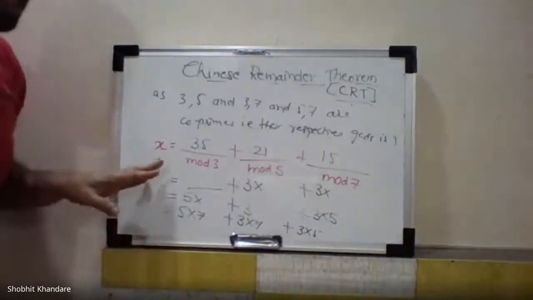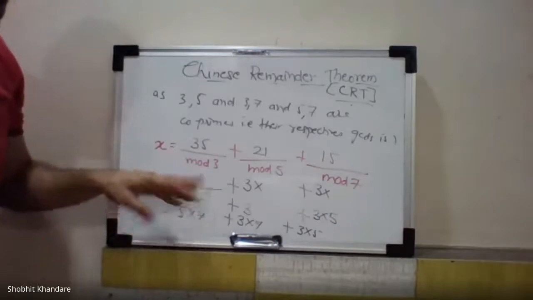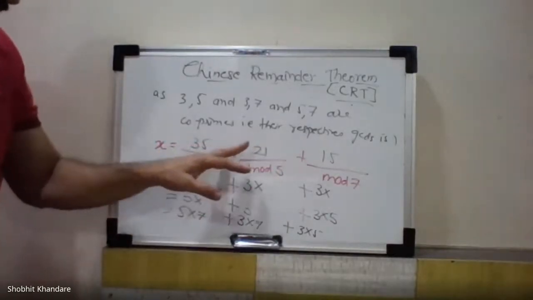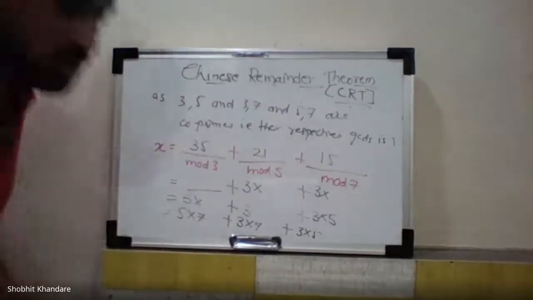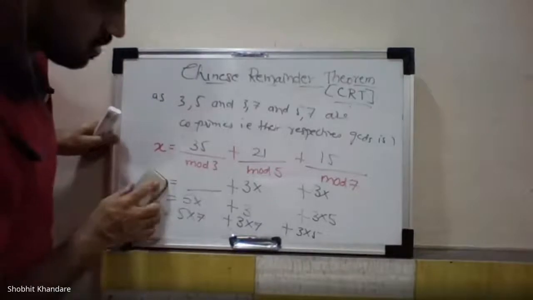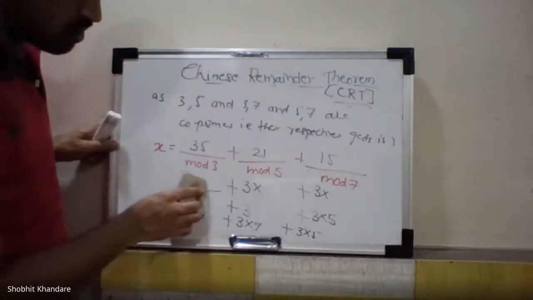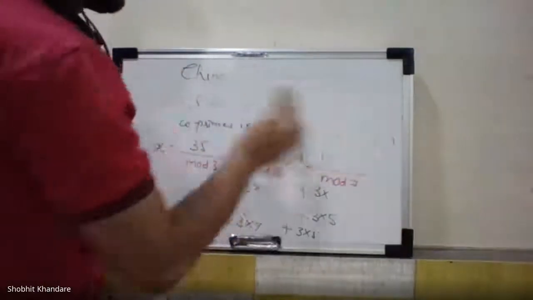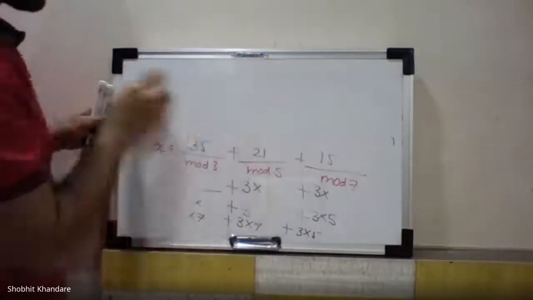Okay? Yeah, ऐसा करने के बाद क्या होता है? You will understand gradually. Okay? 35 plus 21 plus 15. अभी हमको तुरंत इसको ऐड नहीं करना है. अभी मुझे क्रॉस चेक करना है. अभी मैं क्रॉस चेक कैसे करूंगा? देखो, I hope you have written this. Okay? I am rubbing the down portion. Otherwise, मैं यहाँ पे ये करता हूँ. I will rub here. Now see here. Now I need to cross check.